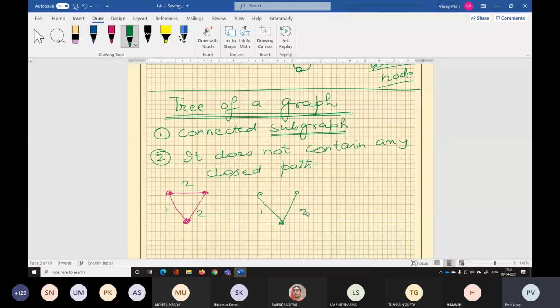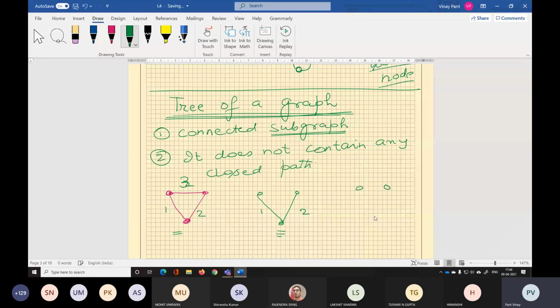Is it a connected subgraph? Yes, sir. Why is it a subgraph? Because it contains only 2 out of 3 elements of the original graph. The original graph had 3 elements, now it contains only 2 elements. So this is a subgraph. Number 2, there is no closed path.